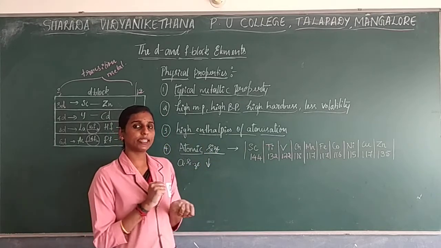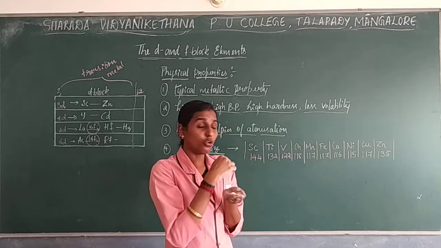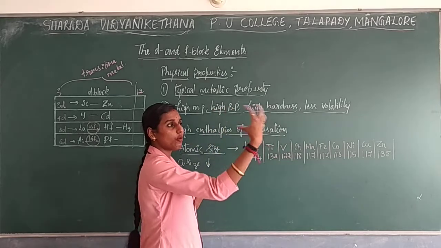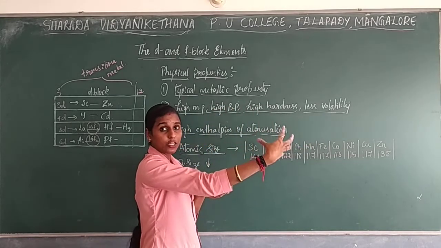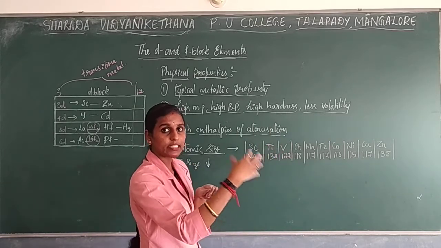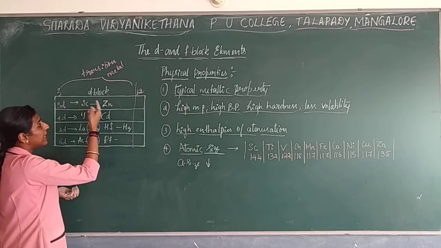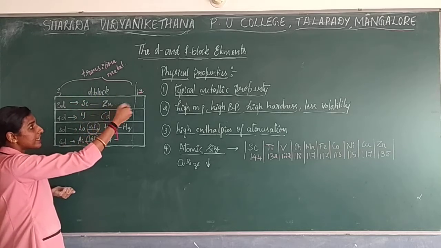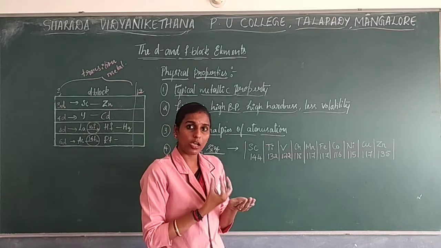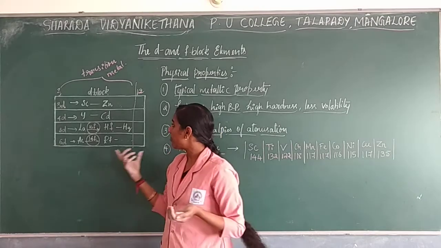Why will atomic size decrease? At the center you will have the nucleus, and you will have orbitals, right? As you move along the period, though the shell size is almost the same and the same number of shells will be there, the number of electrons will go on increasing. Addition of electrons goes on as you move along the period. Due to that, the nuclear charge is also increasing now.